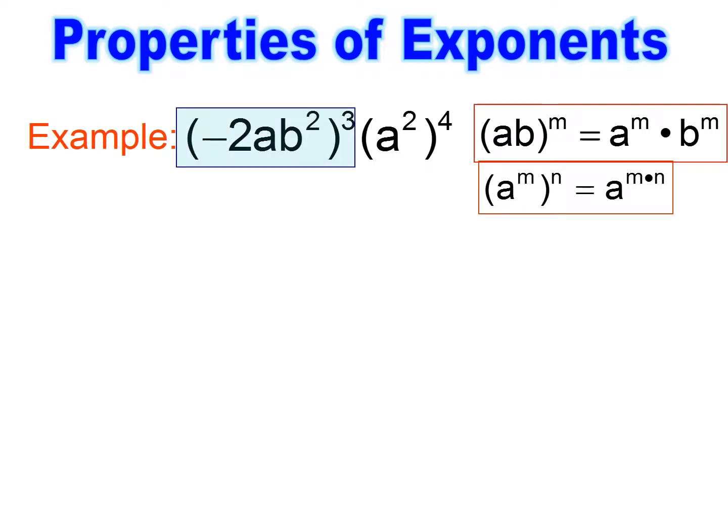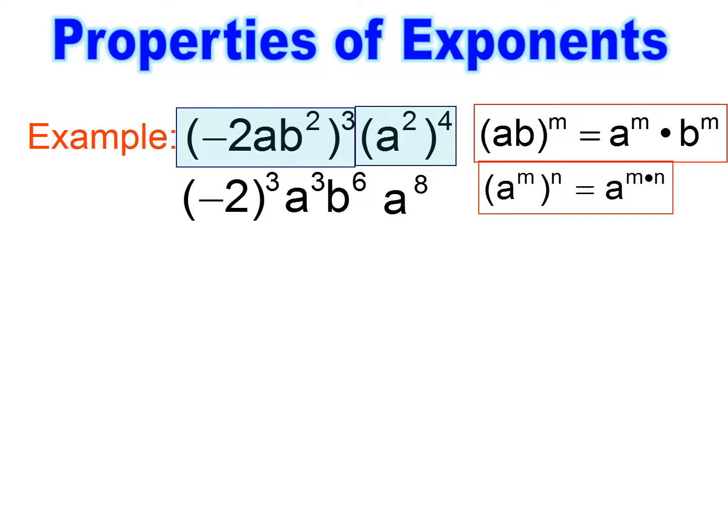I'm going to take that power and give it to everything inside. I have a negative 2 to the 3rd power, a to the 3rd, and b to the 6th. 2 times 3 is 6. Then I'm going to work with the second piece, and it's multiplication. So I end up having 8 squared to the 4th power, so I end up getting a to the 8th. Now I have to simplify. To simplify here, I'm going to do